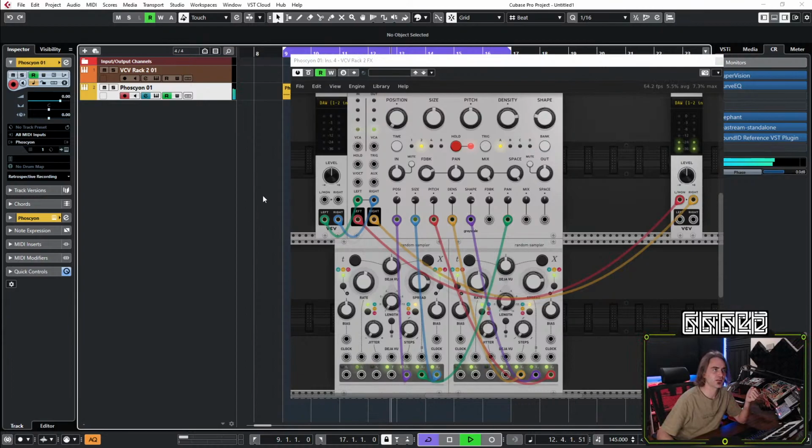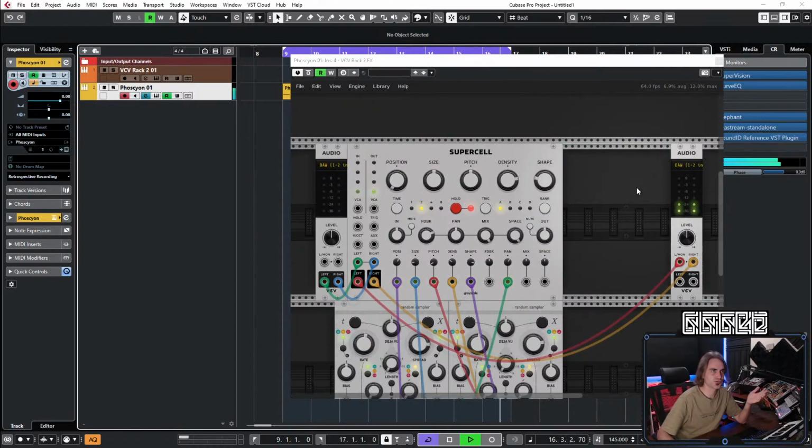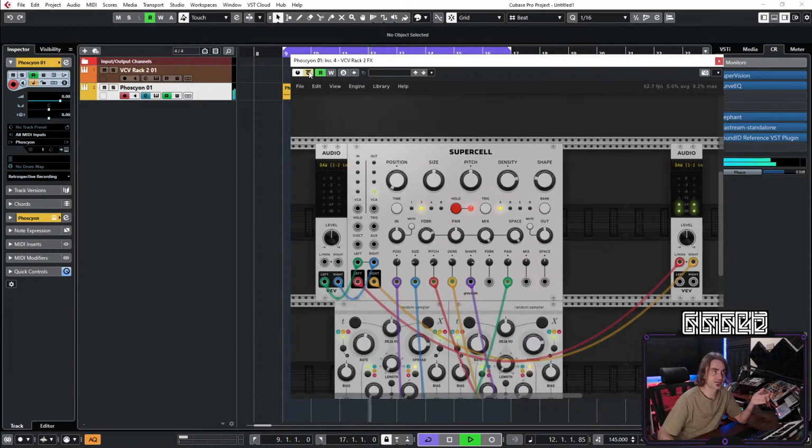For those who are wondering, the patch that we started off with was Scion running into Supercell, which is basically Clouds on steroids. What I did is granularize it, recording a tiny little chunk of that audio, and the rest is randomized throughout the different granular sounds within Supercell. So if we bypass it,